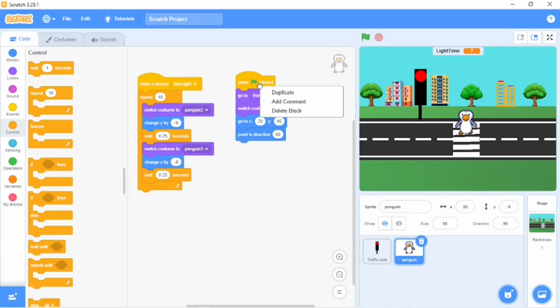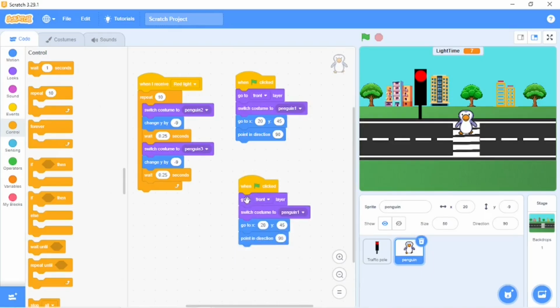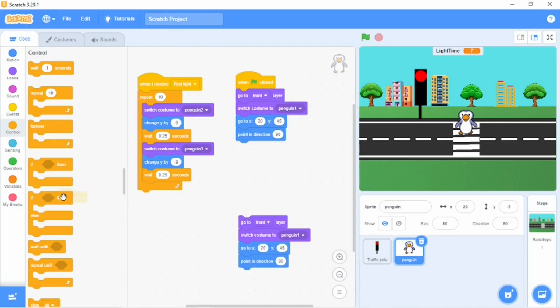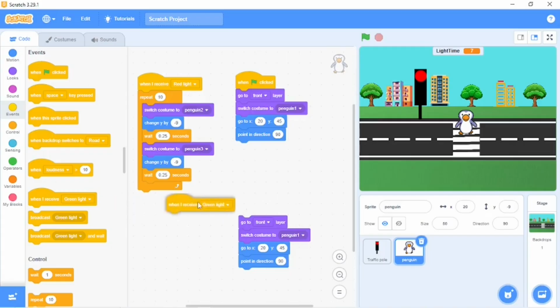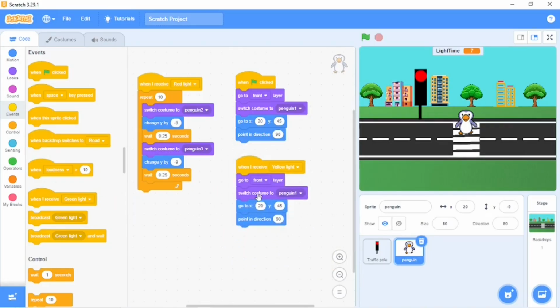After this, copy this and remove this when flag clicked. Go to events and take when I receive yellow light. Go to front layer, switch costume to penguin 1 and it will go on its position and point in direction